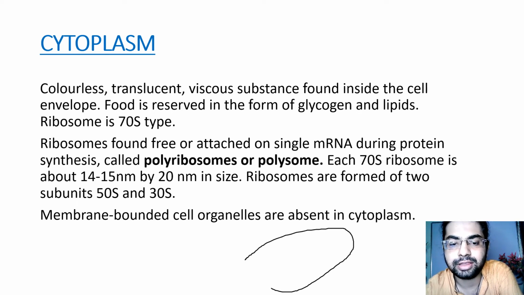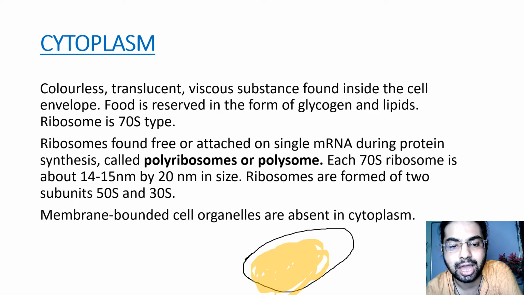If this is the cell, the jelly-like substance which is present inside the cell is the cytoplasm. I am showing it in yellow color, but it is actually colorless. It is a jelly-like, translucent, viscous substance found inside the cell envelope. Outside there is the cell envelope, which is again made up of three types, that is glycocalyx, cell wall and